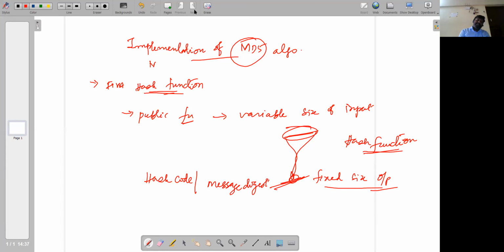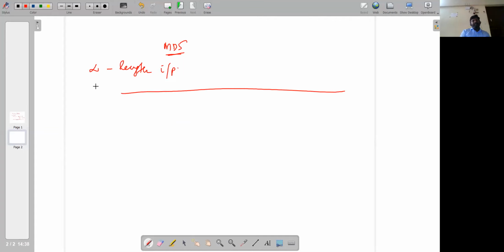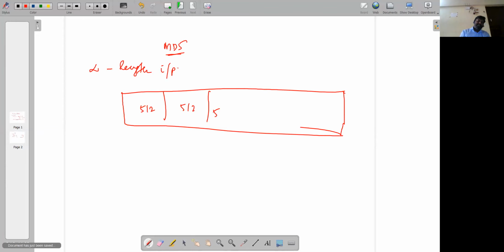When we talk about the basic parameters of MD5, as we mentioned, this MD5 algorithm accepts arbitrary length input, but it divides the input into smaller segments of 512 bits each. The last one should also be 512 bits.